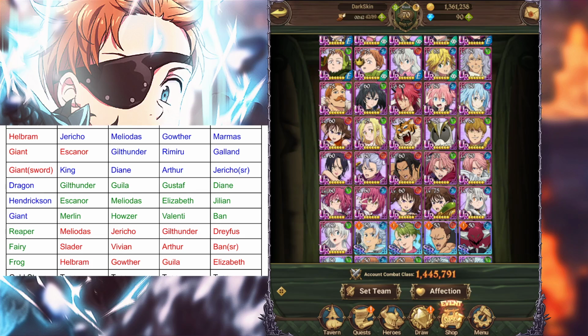For the next fight, the dragon is not super hard to beat. You have Gustav for the freezes. Guild Thunder can boost. Gila can do damage, but anybody that does damage is fine. On top of that, you've got Diane in the back, which is Green Diane, which is just whatever. Hendrickson, you bring in Green Escanor, which by itself basically solos, but counter Meliodas, Green Elizabeth, and then